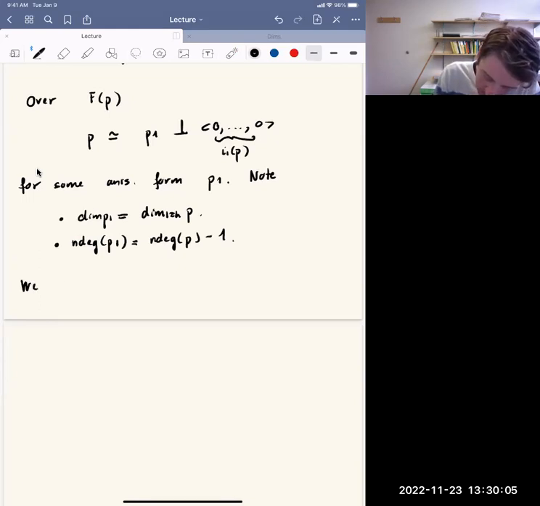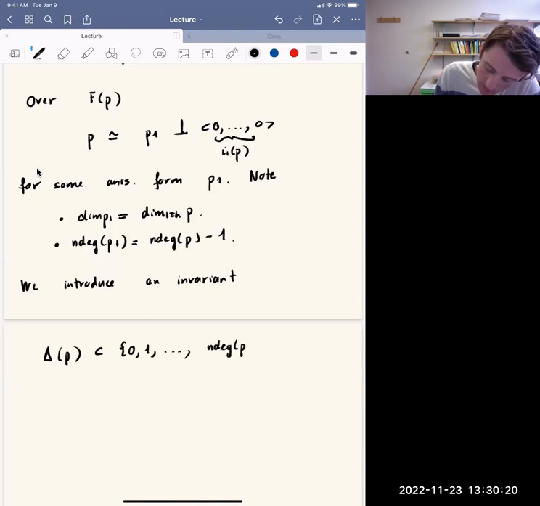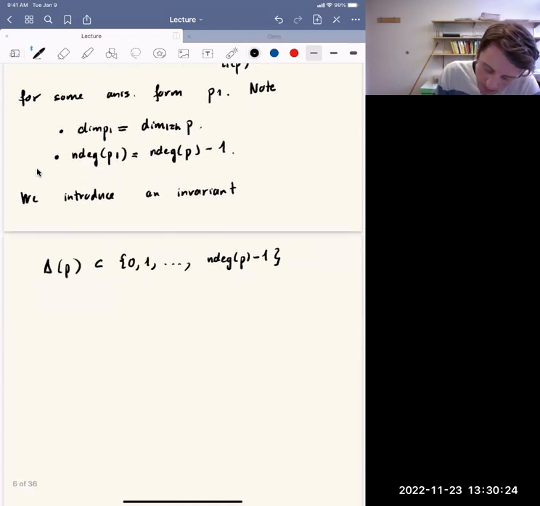So we introduce a new invariant, which in this talk, I'm just going to denote delta P. And this is a subset of the integers from 0 up to the norm degree of P minus 1, which is the norm degree of this form P1. And we define it in the following way. So if we take an integer r in this set, then it's an element of this invariant delta P if there exists